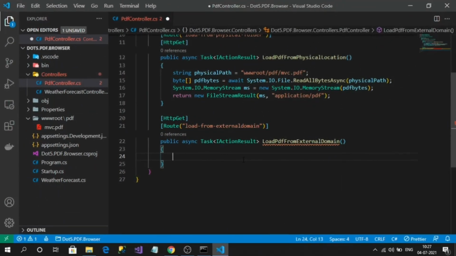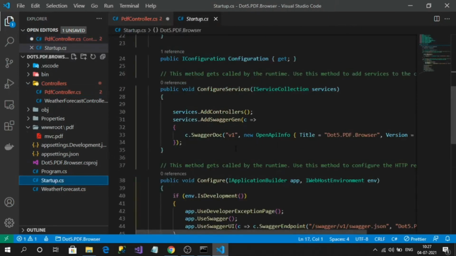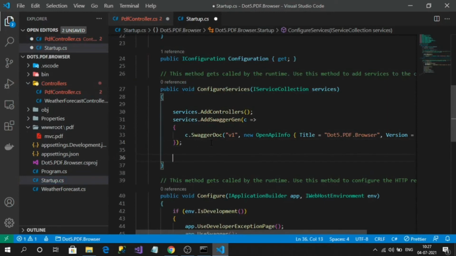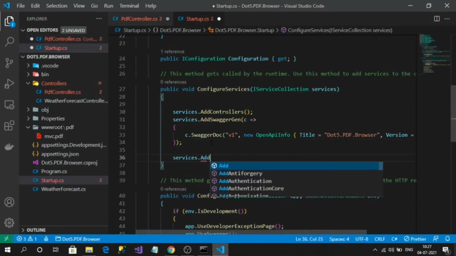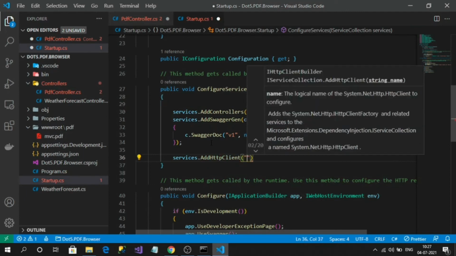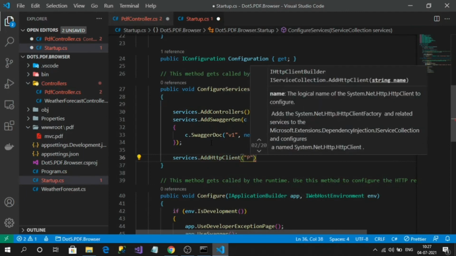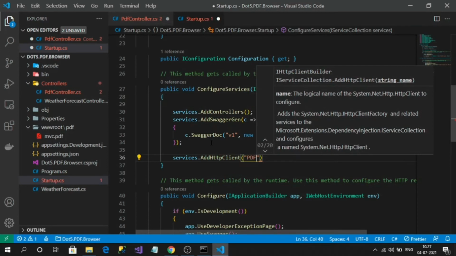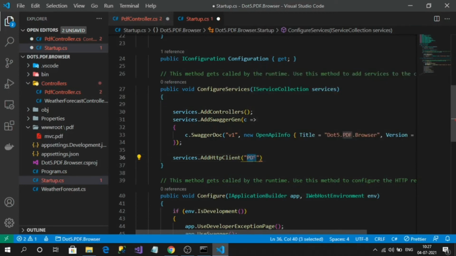First, we need to register our domain into the startup file. So go to the startup file, add HTTP client. Okay, and here you need to specify the name. This name, the string value, will be the key for generating the HTTP client instance. Okay, PDF domain.